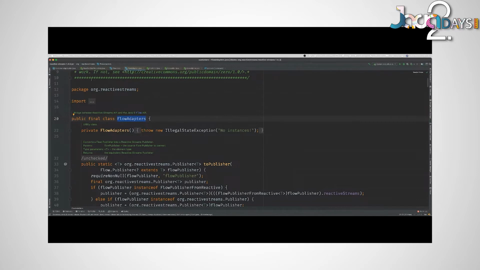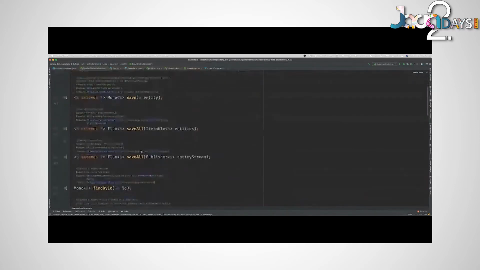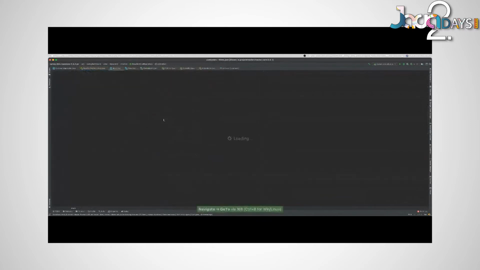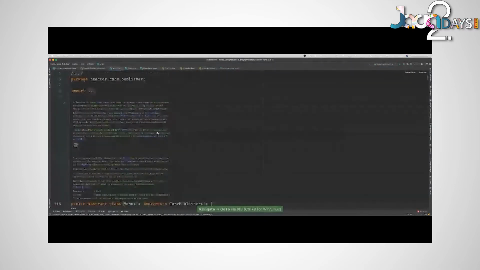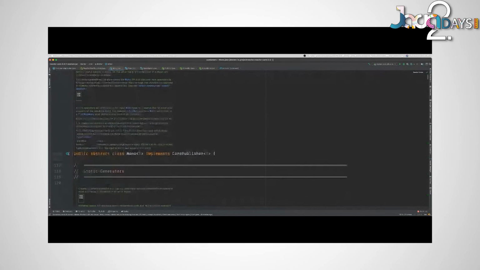So the point is, now we have these reactive types, but they are very basic. They don't give us a lot of support for data flow composition, for analysis, for processing, for all these kinds of operations that people want to do on streams of data. So we have another project that you should know about called Reactor. Project Reactor was developed by the Spring team as well, and it is designed to support Reactive Streams APIs, the same ones that we just looked at, but it provides two specialized types.